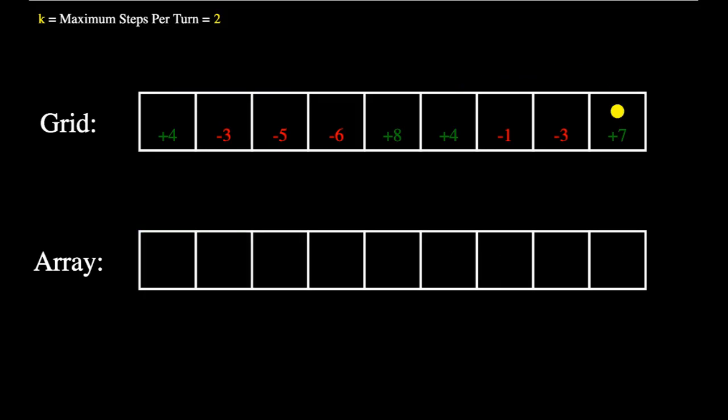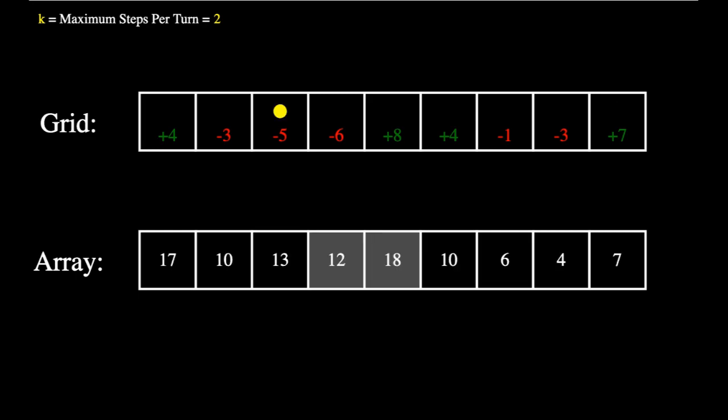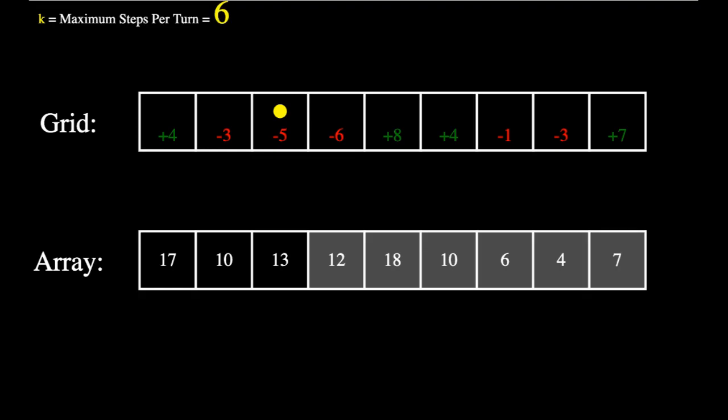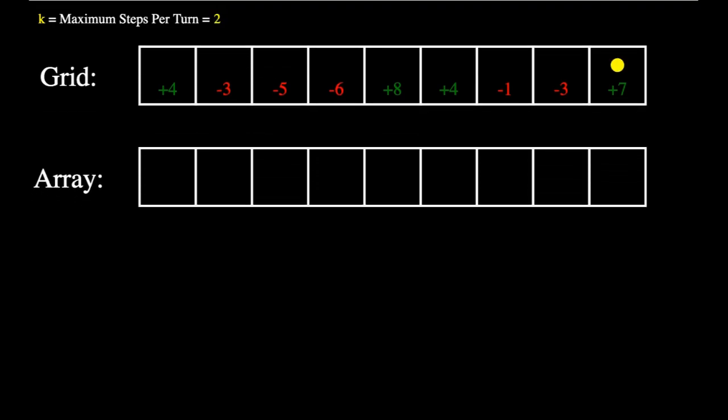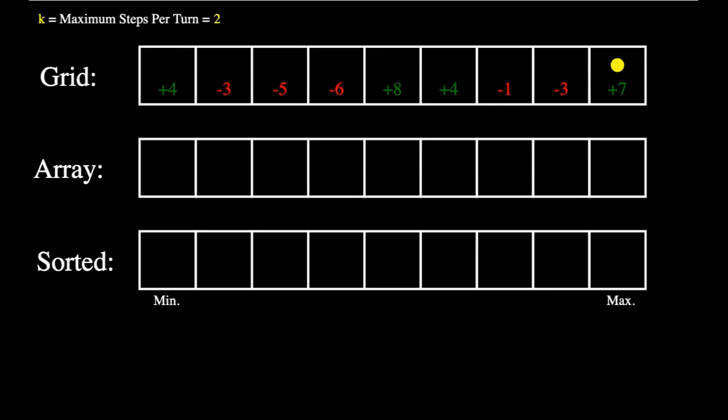To program the solution, we can create an empty array to store the optimal values. But for each square, how do you find the highest value within reach? For instance, take our current example and say we're at position 3. Since k equals 2, we have to find the greatest element that is up to 2 squares ahead. K is small here, so we can check every value. But as k increases, we have to loop through each value, and this gets increasingly more expensive. For the first approach, we can try using a sorted array which keeps all the values in ascending order.